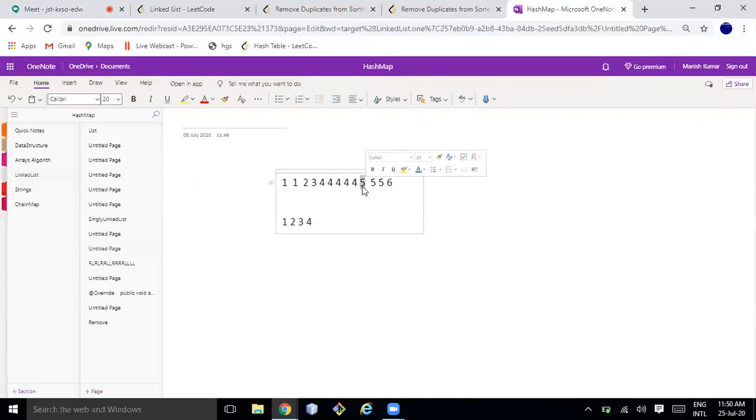Again, both pointers will be at 5. Okay, you keep the slow runner at this point only, and move your fast runner till this 5 is not equal to 6. Okay, and then you directly assign this 5 to 6. This is how we can think of the solution.